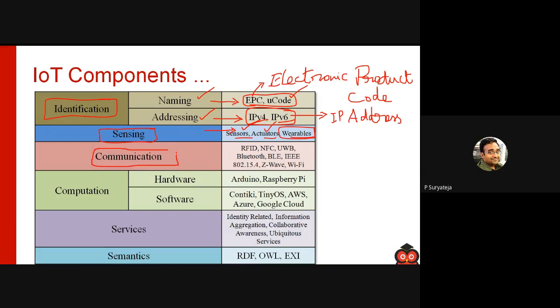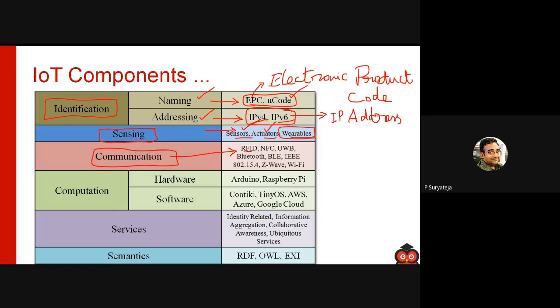The next component is communication. What is the use of communication? We will be having different IoT devices which will have different sensors. Those sensors will be gathering data, and that data needs to be transmitted or sent somewhere, so that the data can be analyzed and information can be extracted from it. For that purpose, we need some form of communication, sending and receiving the data. And the protocols we will use for communication are these.